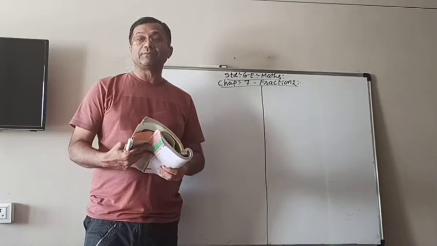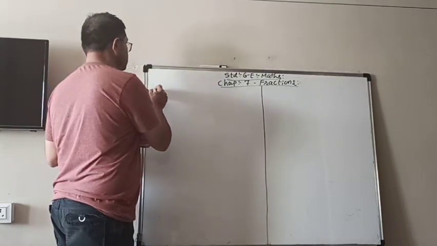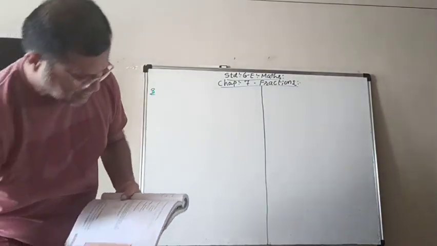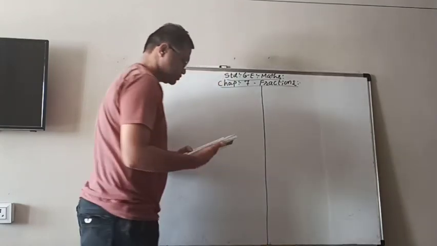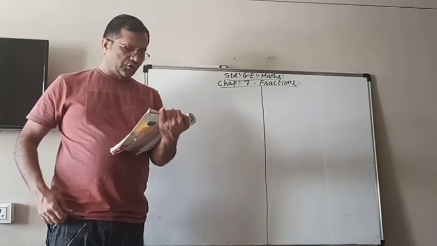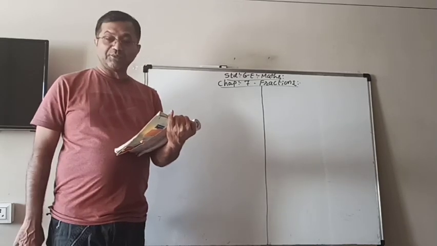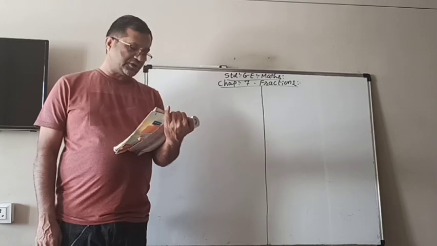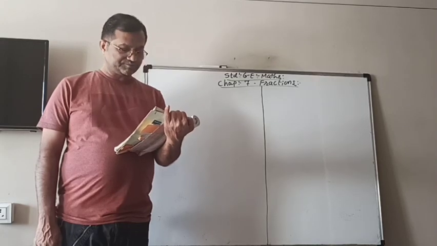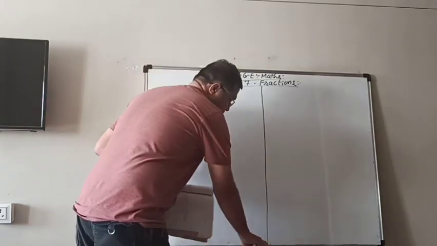Now question number 8. It shows that Ramesh had 20 pencils, Silu had 50 pencils, and Jamal had 80 pencils. After 4 months, Ramesh used up 10 pencils, Silu used up 25 pencils, and Jamal used up 40 pencils. What fractions did each use up? And check if each has used up an equal fraction of her pencils.